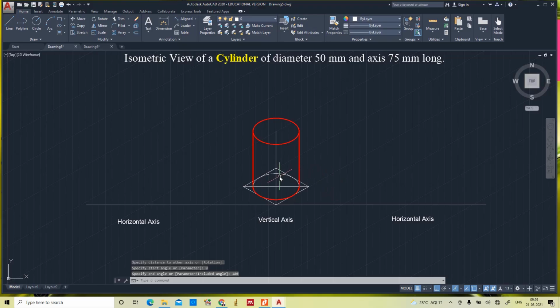See, now this will be a separate portion. Perfect, it fits. Now I am going to make it a dashed line, which is invisible.